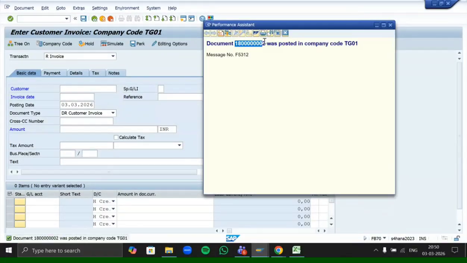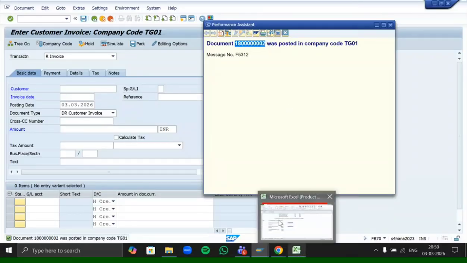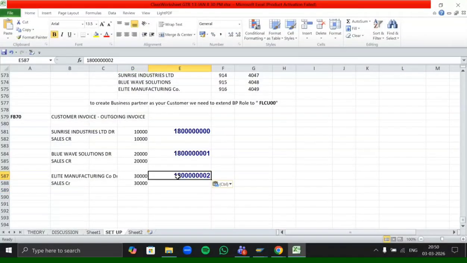Now here we have booked an invoice for 3 of our customers. Now what if you want to check that, okay, how many open entries are there or how many receivables are there for Sunrise Industry? Like in real time, you're not going to book only one invoice for one of our customers in a whole day, right? There will be multiple invoices we need to book for that customer, and we are going to have receivables from multiple customers in a day. So if you want to check individual customers account, let's say your Sunrise Industries account, your Elite Manufacturing Company account and all. So for that we have a customer ledger here.